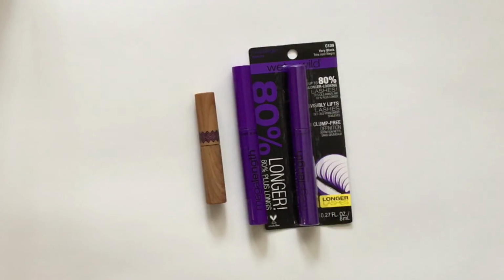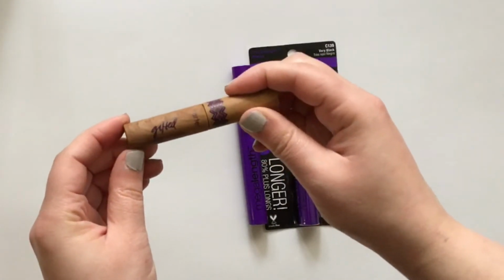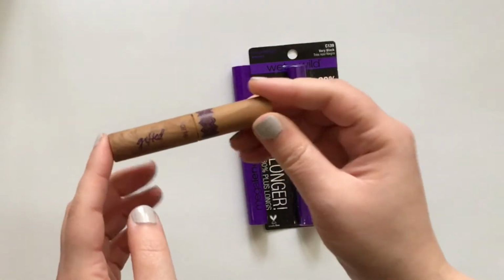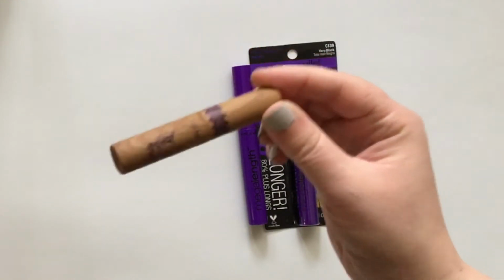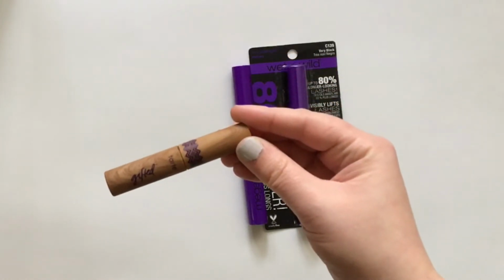I try to only keep 1 open at a time because I don't use enough mascara to use up the entire tube within the 3 to 4 month period that you should use it. So I try to stick with 1, but I do have this Tarte gifted mascara. This was a mini size that I got in, I think, a Sephora perk or something like that. This is really nice. It gives a lot of volume and makes your eyelashes look really full, but it is at the end of its life now and it's getting quite clumpy,